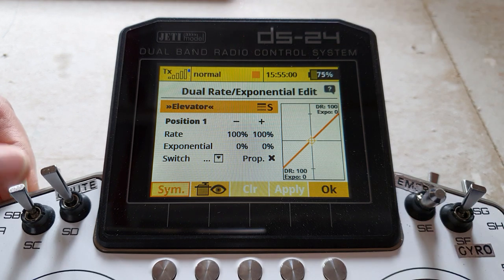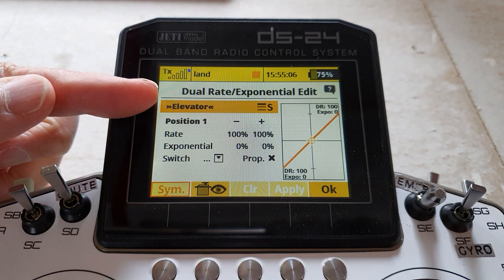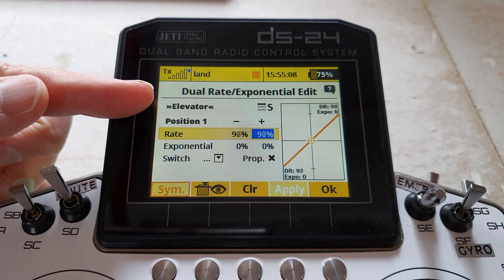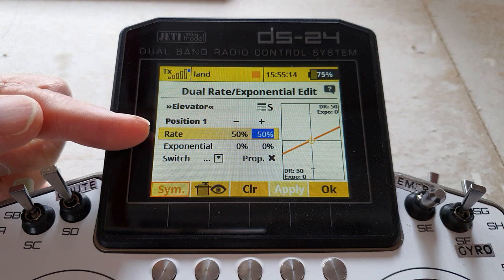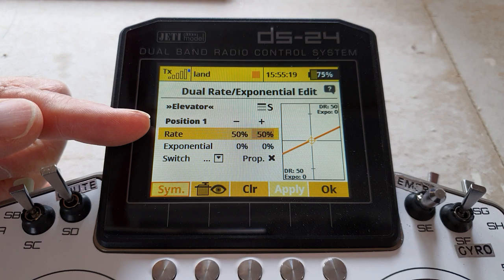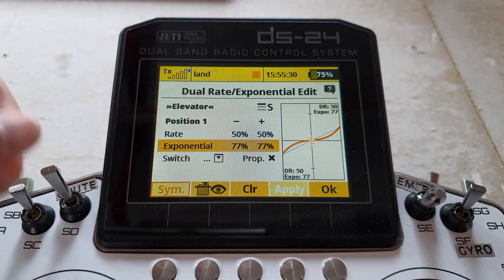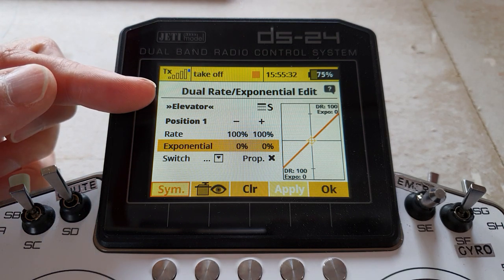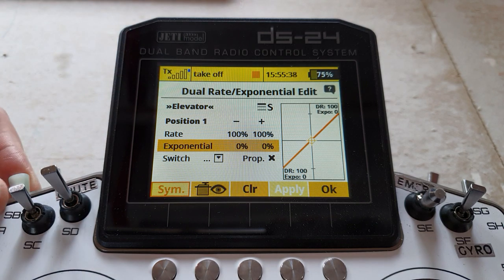For example, let's go into landing mode. We'll set it to separate, and we'll set the rate down to 50, near enough. I'm not saying you'd ever use these on the model. These are just for demonstration purposes, remember. Okay, and the expo would be, well, let's whiz it that way, something like that. Okay, now when I change mode, I'll be back to everything back to normal. So let's leave takeoff like that, and let's go to normal flying mode,